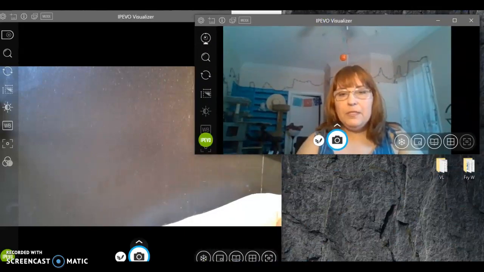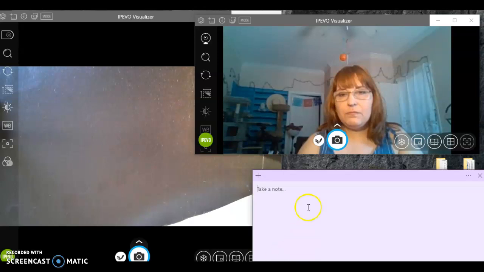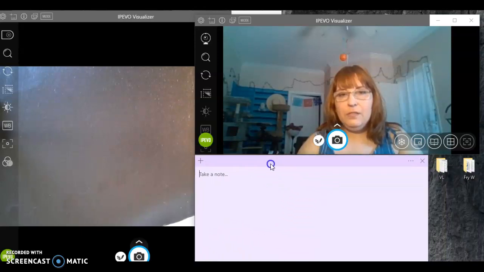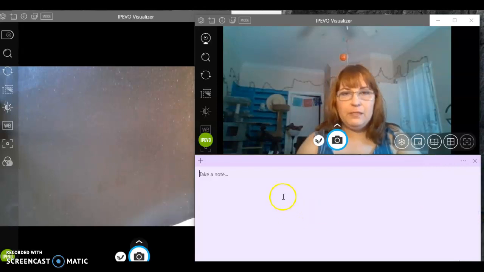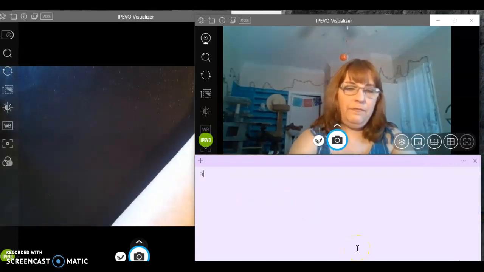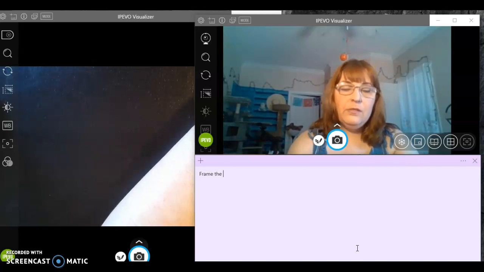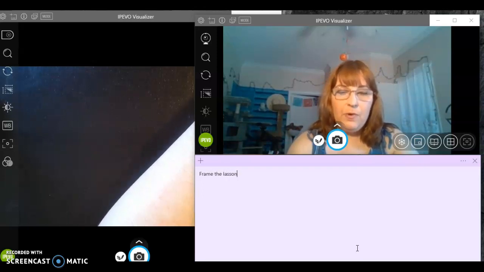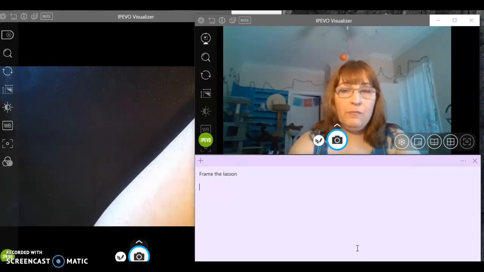Then you're going to open a sticky note. Now, I use a sticky note because I like to frame the lesson. Let's say frame the lesson. You can also type what you're talking about with your kids, like today, we're going to talk about lines,